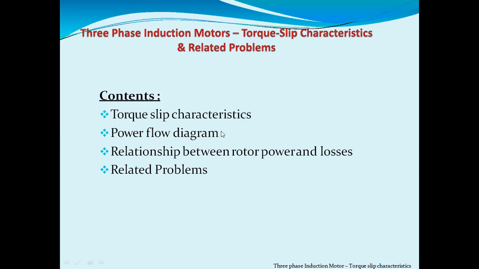Then we saw there are two different types of three-phase induction motor: the slip ring induction motor and the squirrel cage. Then we saw the differences between these. If we require higher starting torque, we can use slip ring. But its construction is somewhat complex because we are supposed to use slip rings and additionally brushes. When we use squirrel cage, the starting torque value is less, but its construction, compared with the slip ring induction motor, is simple.